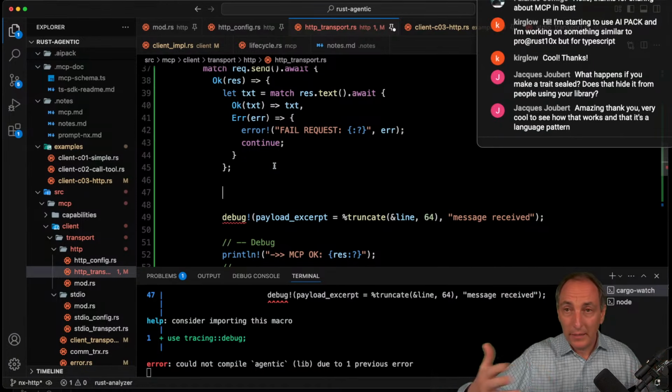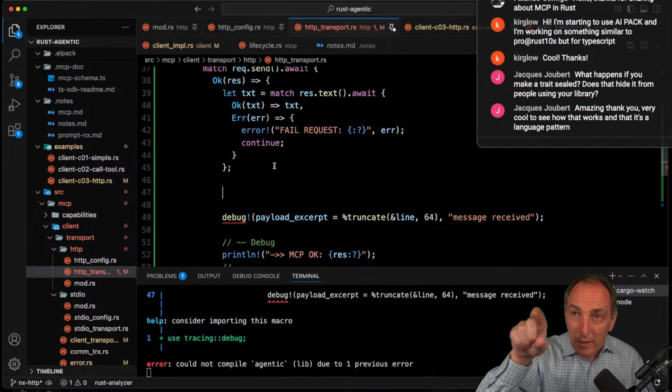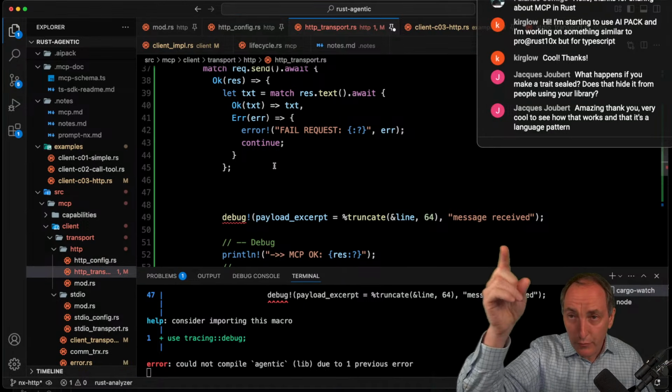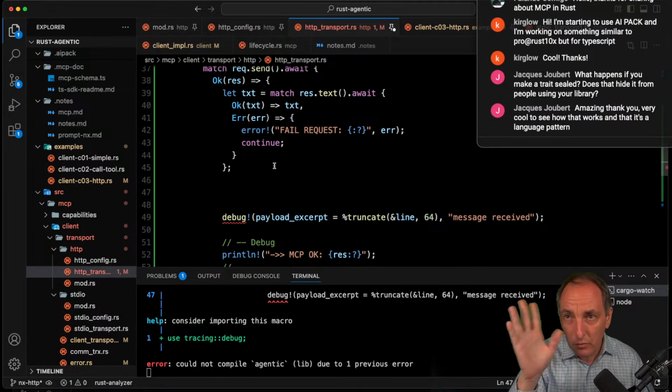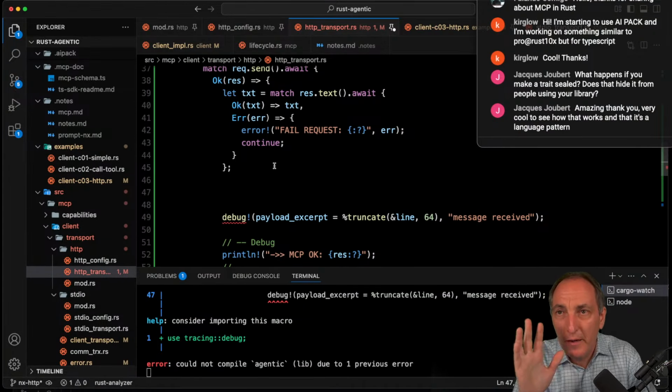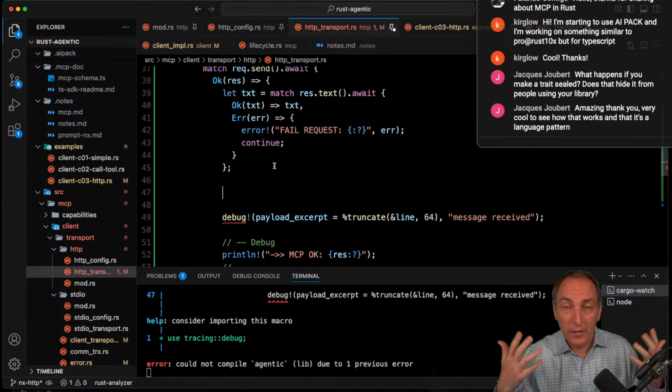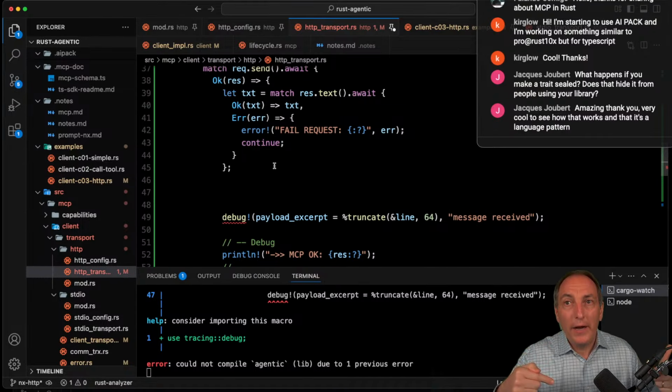Just text. He's just sending text back and forth, and that's it. It's not his business. Then the one that will listen to those kind of events over the channel, we're using Flume, but you can use Tokio MPSC or whatever, is the one that is common to everybody, will receive the things, doesn't care about the transport, and that is where it will do